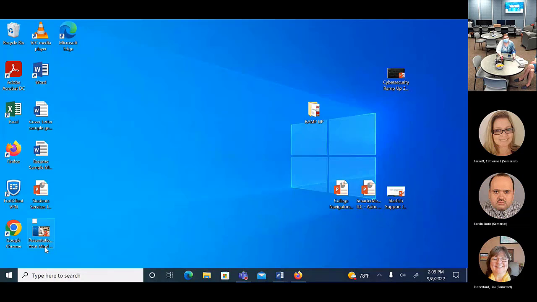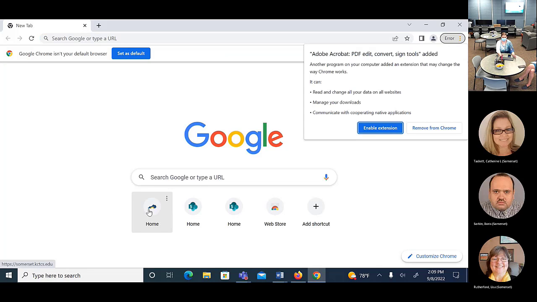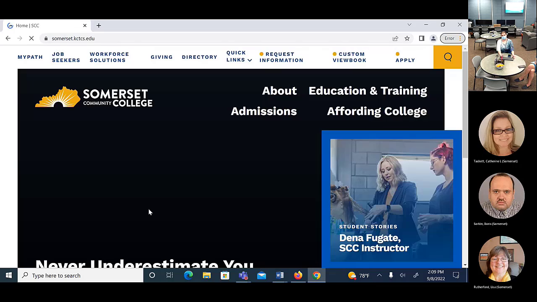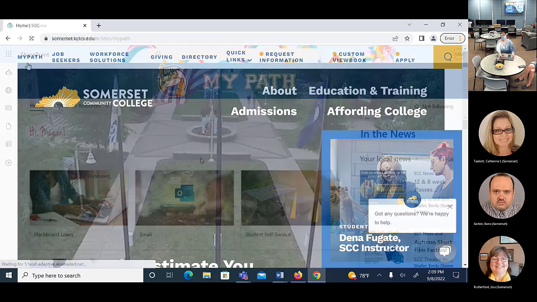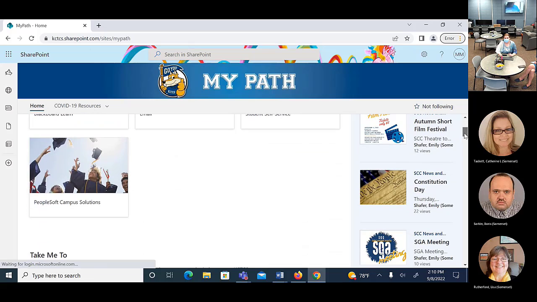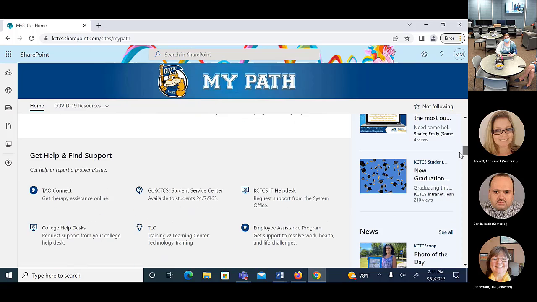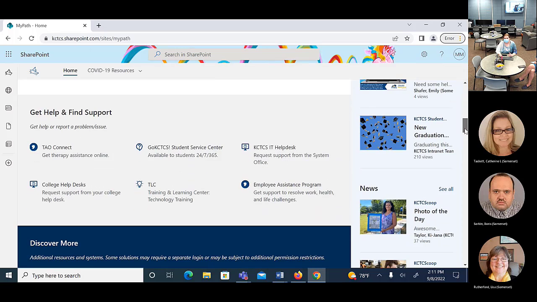We're going to start from step one. We're going to go to whatever preferred browser you want to use. The best way to do it, especially if you're a student trying to get through your classes and such, you'll go to your My Path. And then you'll scroll down. Most people don't see this right away because it's not one of the very first buttons. You'll go down to the,